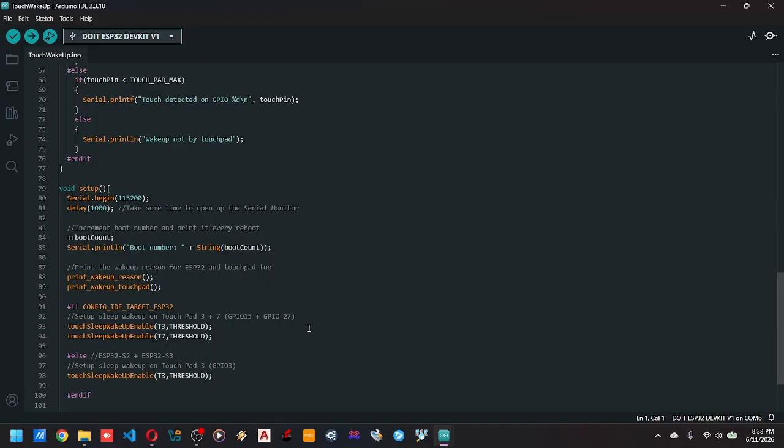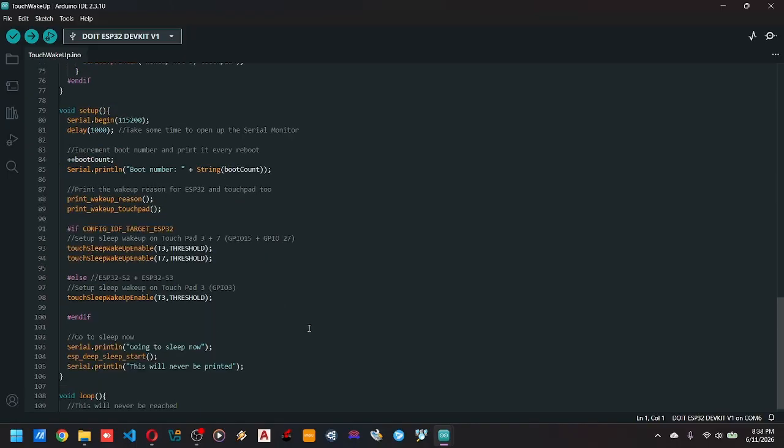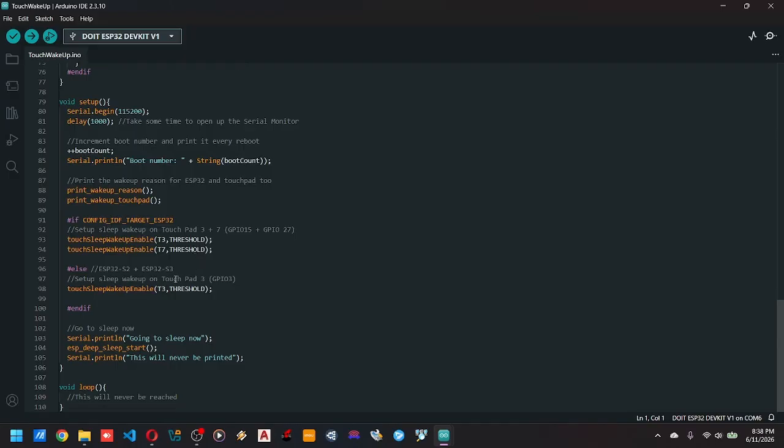It means we are using both of these pins. When T3 gets a touch input or T7 gets a touch input, it will wake up. So here we are enabling the deep sleep mode, and